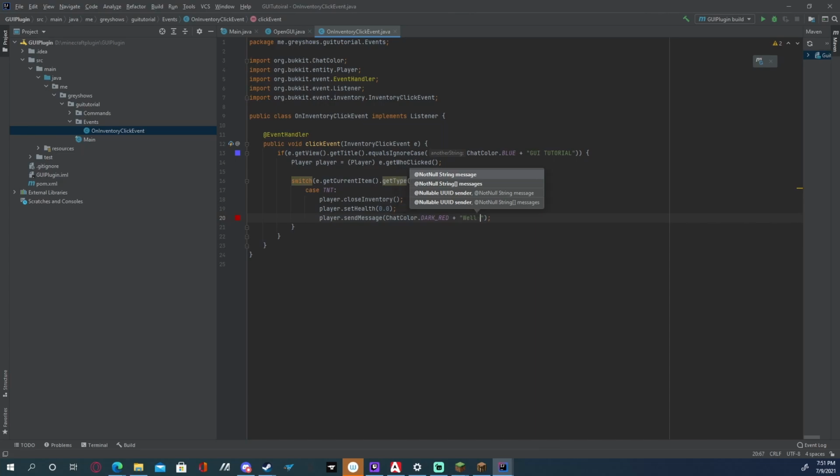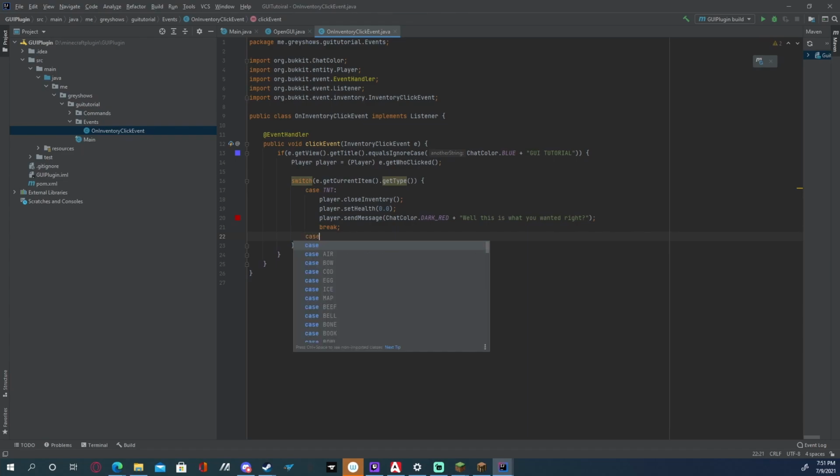And then we're going to put, well, this is what you wanted, right? Alright, and then we're going to do break. We're going to do another case for the next one, which would be cooked beef, which would be another